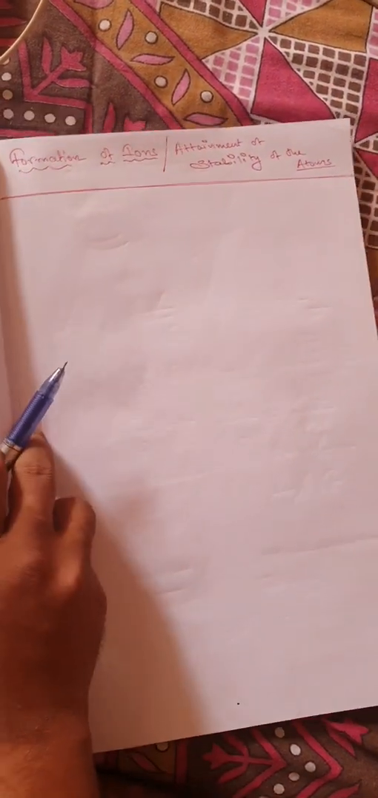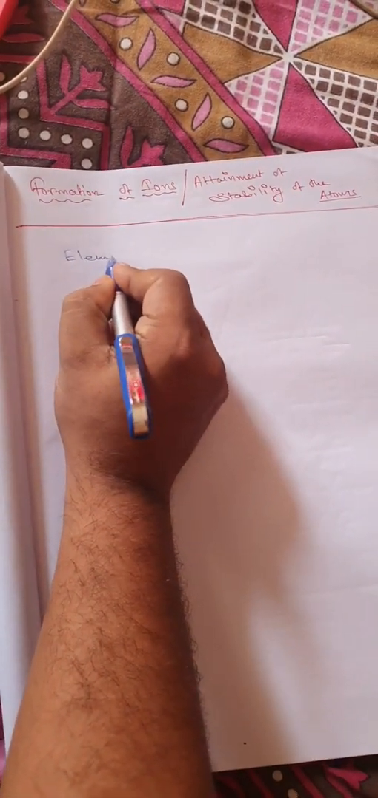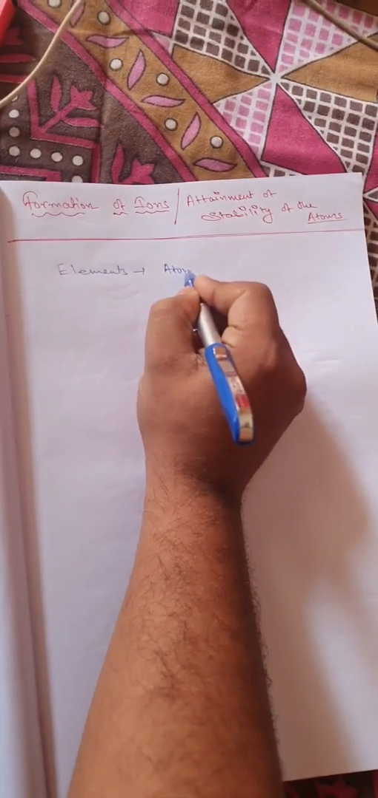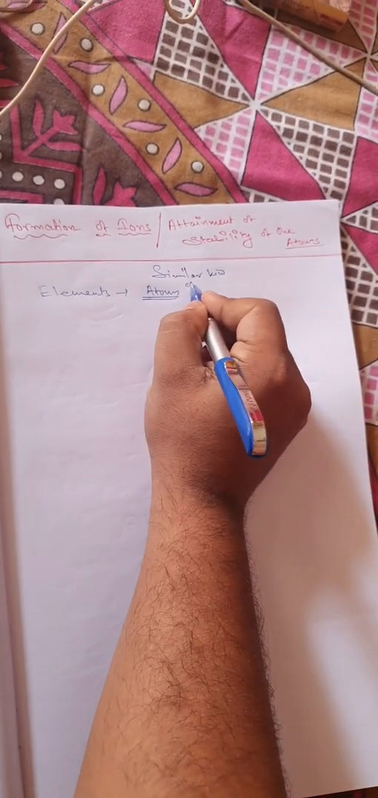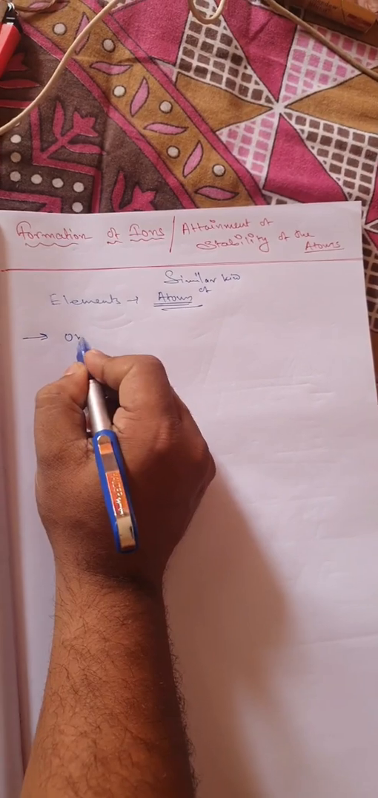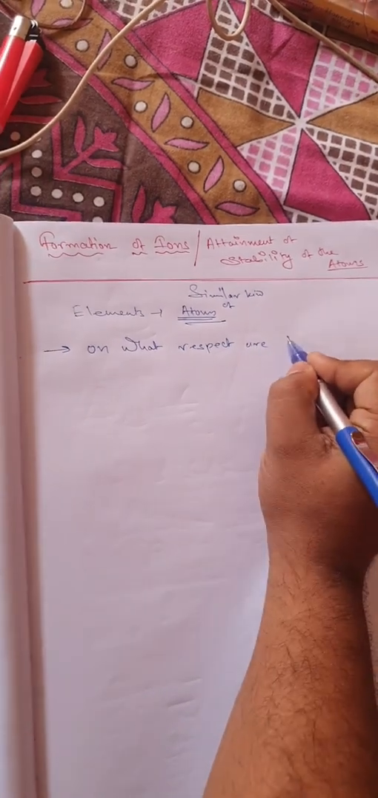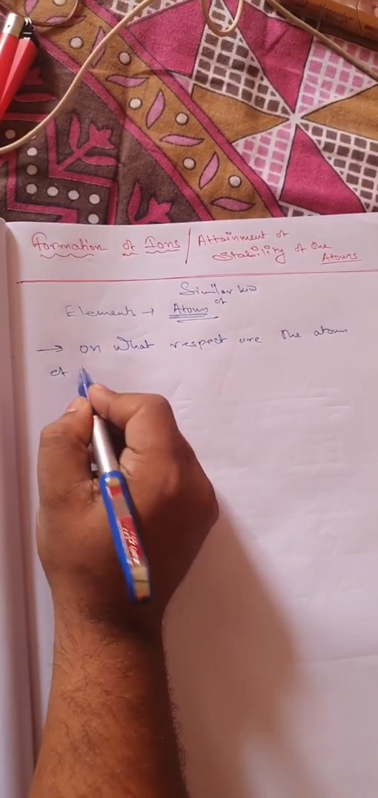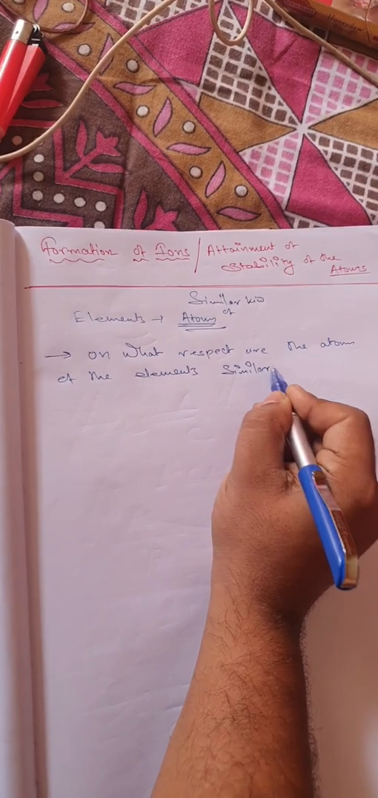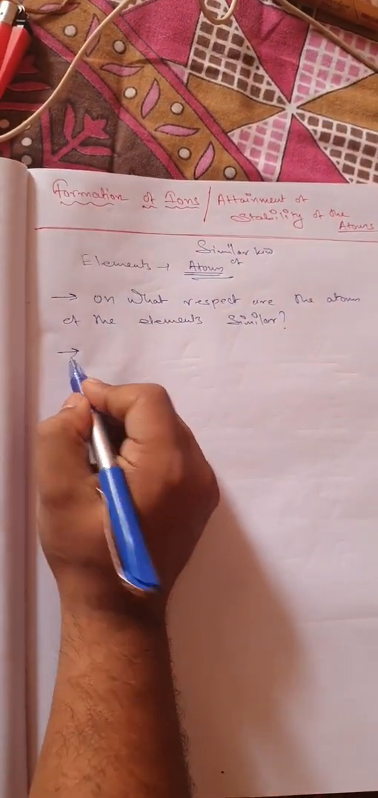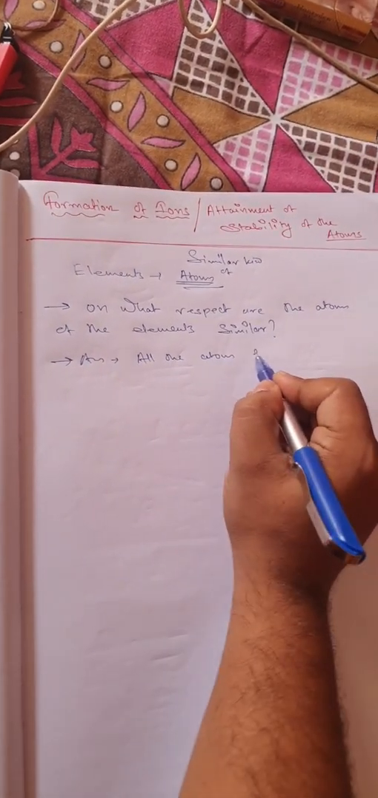As I have already taught you, the various elements have the various atoms. The elements are those entities which are formed of similar kind of atoms. Now one question arises: in what respect are the atoms of the elements similar? On what respect are they similar? Then the answer is that all the atoms have the same